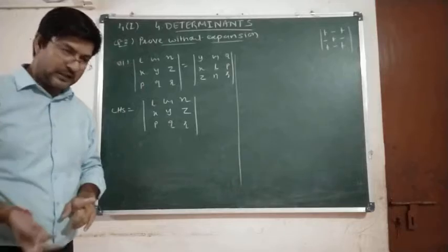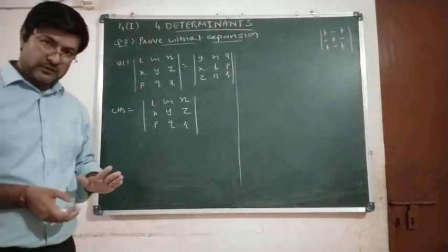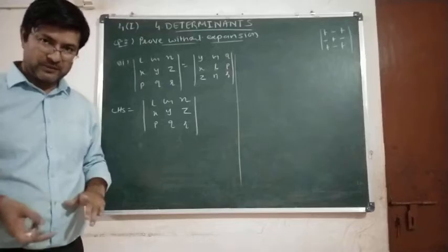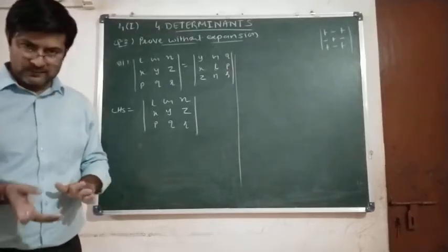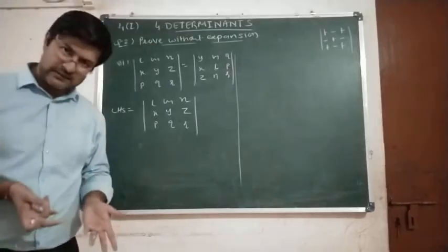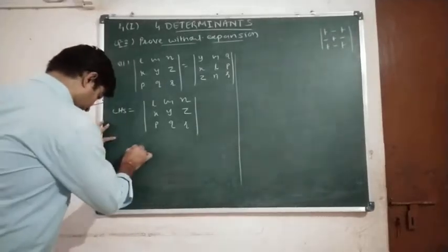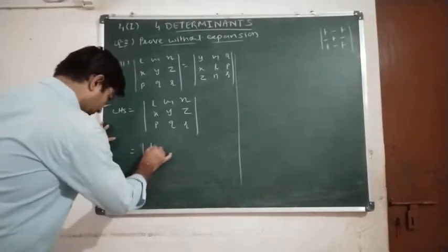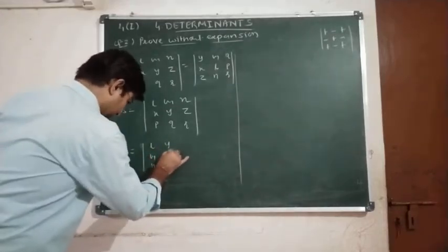So let us do that step first. We have one property, because if we change all the rows into columns, the determinant remains unchanged, and therefore we can do so. Clear? So it is equal to LMN, x y z